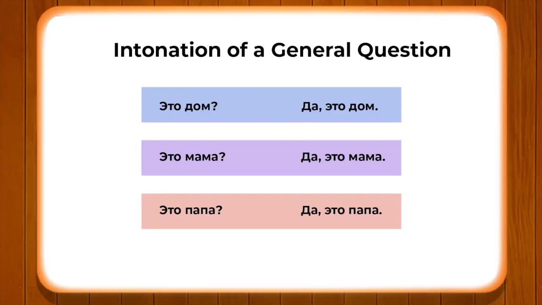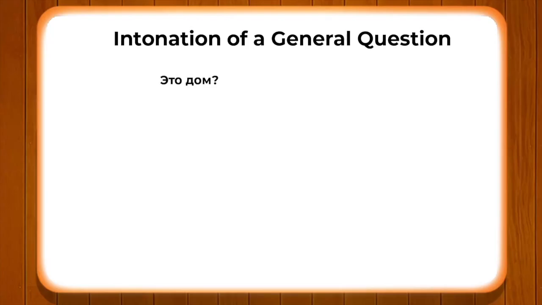Now we will redo it again. "Eta dom?" Is this a house? "Da, eta dom." Yes, this is a house, or the house, depending upon the context. Accordingly you can look at these different sentences where we have different styles and different words of Russian, but while answering we are using "da" in every sentence. So after every "da" we have to have a